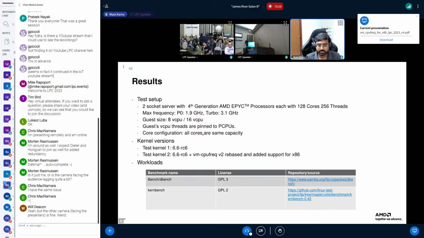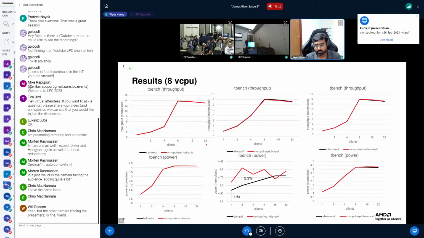And for results, I tried the TBench, DBench and Kernbench workloads. In the TBench results, the first case is the halt case, the second is the idle poll case, and the third is the idle MWAIT case. The black line is the no-driver case, and the red one is when the guest is running the VM CPU Freq driver.